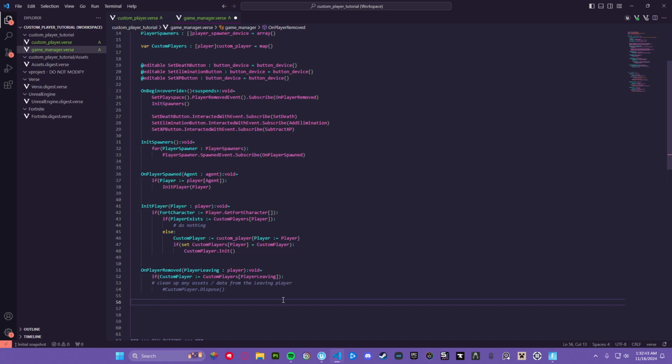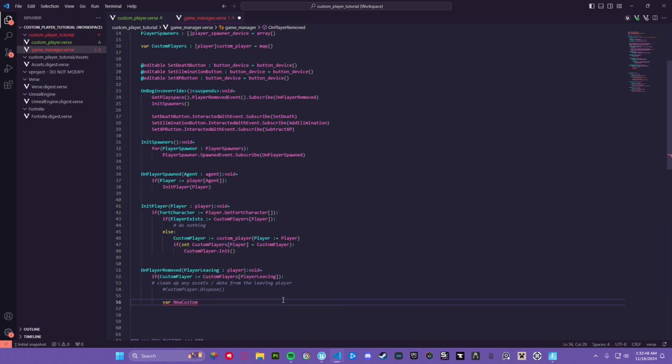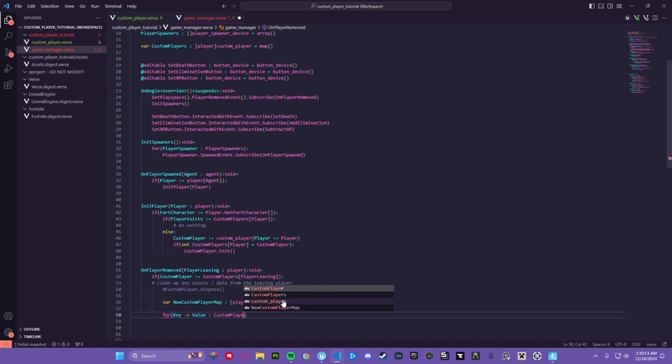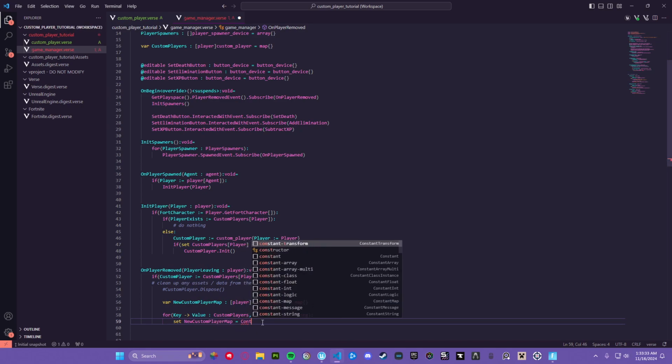Now what we're going to want to do is create a new map. And this is going to be called new custom player map. And it's going to be the exact same thing. It's going to have a key of a player, and a value of custom player, and this is going to be equal to an empty map. What we're going to do is create a key value of custom players, key player leaving. We're also going to set new custom player map is equal to concatenate,